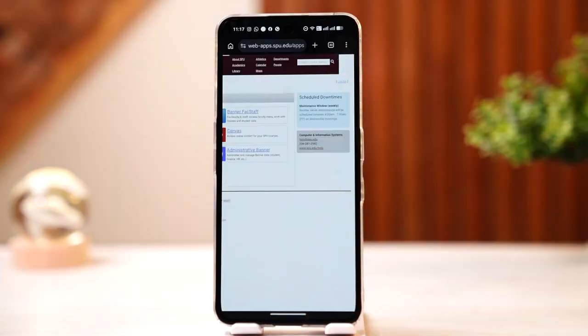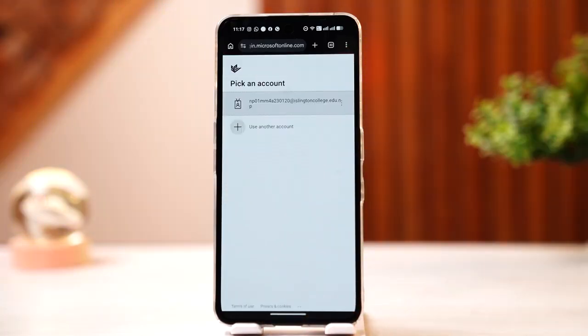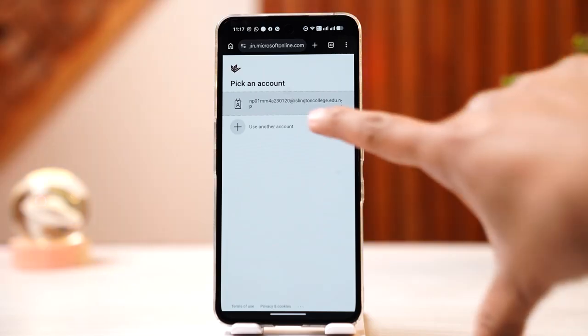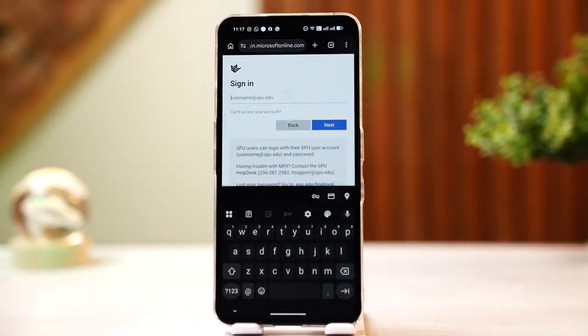And then tap on log on at the top right of your screen. Here, if you're already logged in with a Microsoft account, you'll have to tap on use another account, and then you'll have to enter the email provided to you by your college or university, hit next, and then enter your